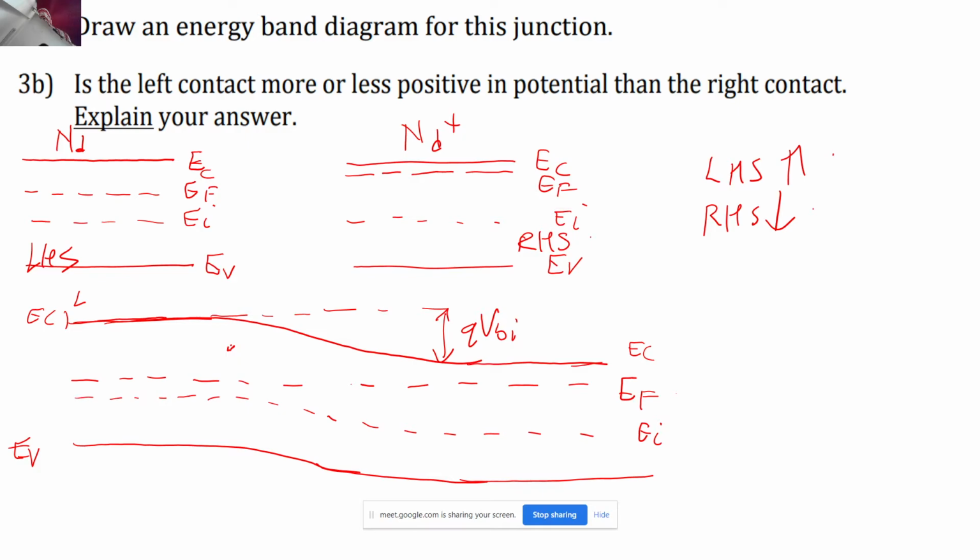So can you guys help me? Can you guys give me any hint, like how should I solve this question? How can I determine the potential by just looking at the energy band diagram? I will just write a few equations to help you guys. This E field is nothing but 1 by Q dEC by dx, and the potential is nothing but negative integral of E dx. Now tell me guys, how should I solve this question?